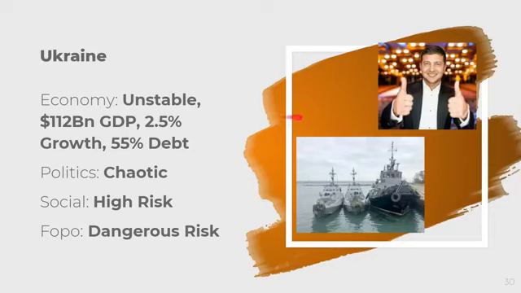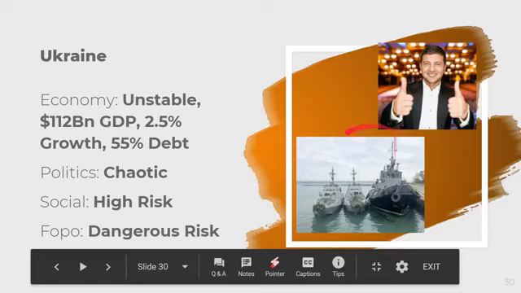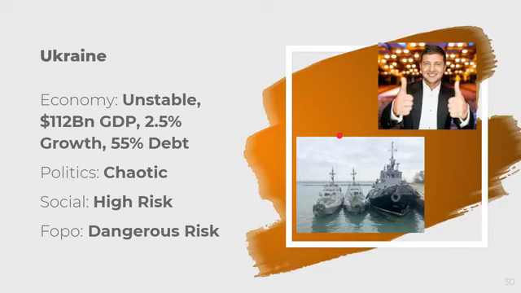Furthermore, these lovely boys right here are some Ukrainian ships that Russia was like, let me take. We are all aware of what happened in the Ukraine. Basically, back in 2014, Crimea, a part of the Ukraine, was annexed by Russian military forces. Although Russia was severely punished for this action, since then they've been building ports and military bases in the Crimea and have been using it to try to get access to more ports and bases within the Black Sea.